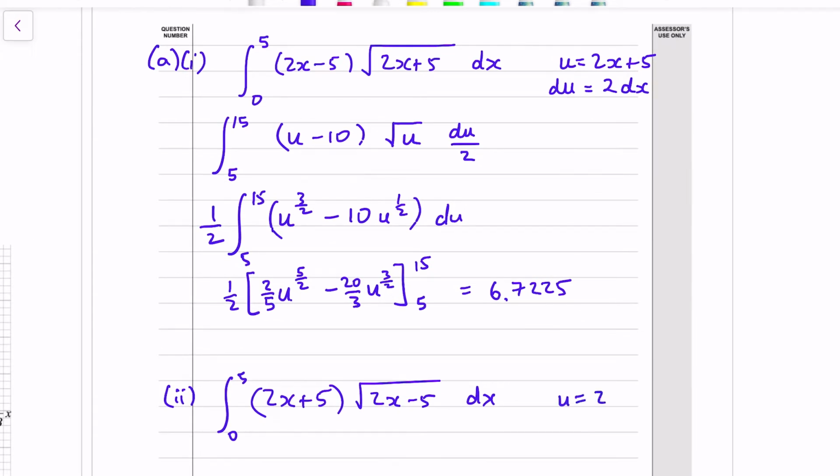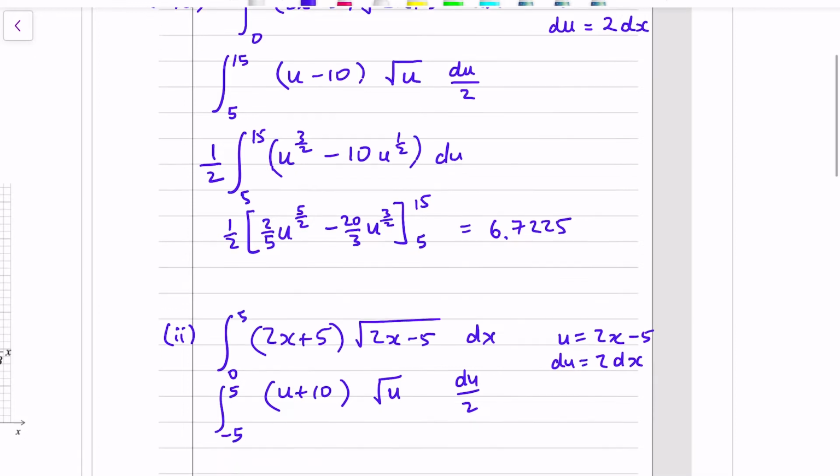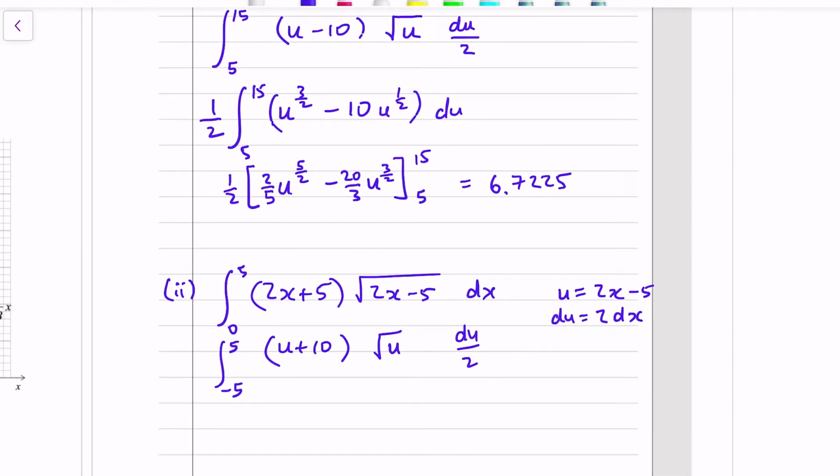Make the substitution, 2x minus 5. So dx is du over 2, that's square root u again, and then 2x plus 5 is u plus 10. So everything looks happy days so far. And then our limits, negative 5 there and 5 there. And we can see we're going to have a problem